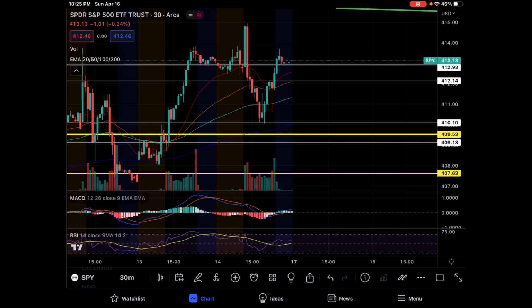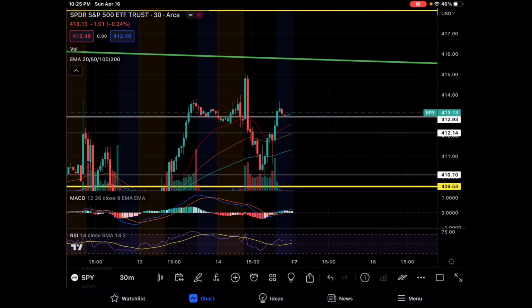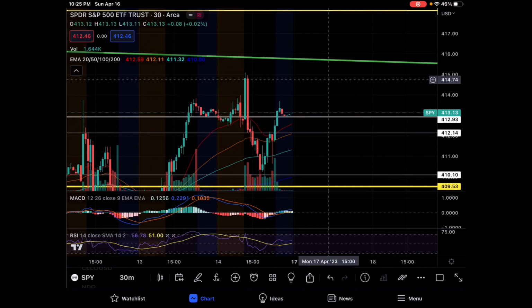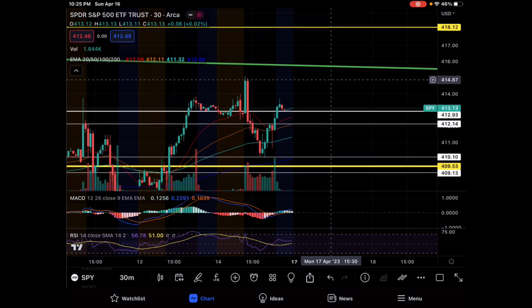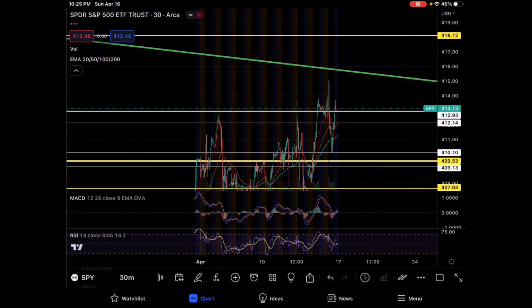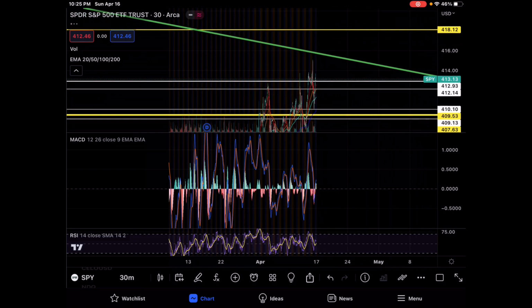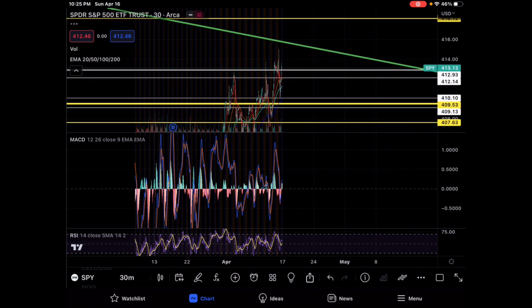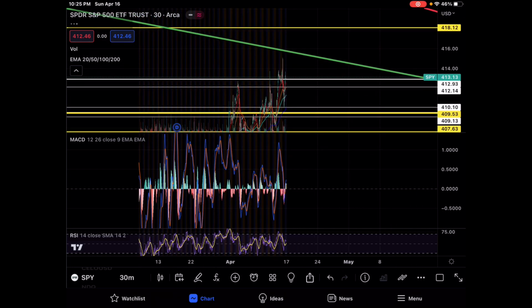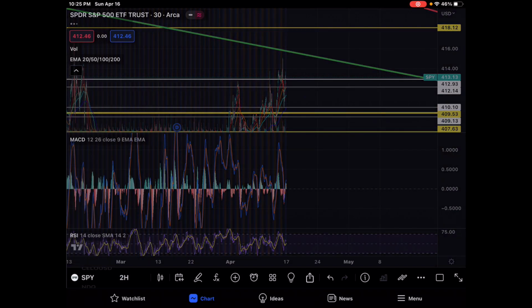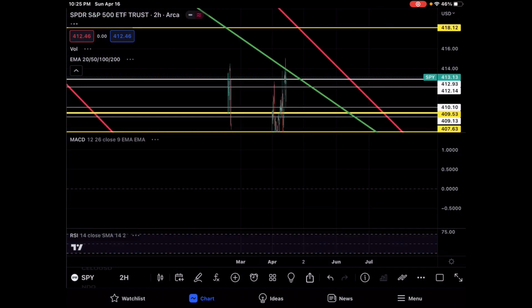And your opposite case would be that you finish tomorrow really reclaiming, perhaps creating a new level at roughly the 414.80, and maybe we start flagging there so that we can eventually break out of this very large green symmetrical triangle that we've been in. Right now you're seeing the top side of that triangle. If I take you out to the 2 hour, you'll see it a little more clearly, and this will also give us some more